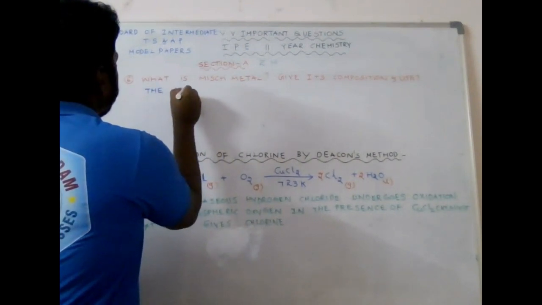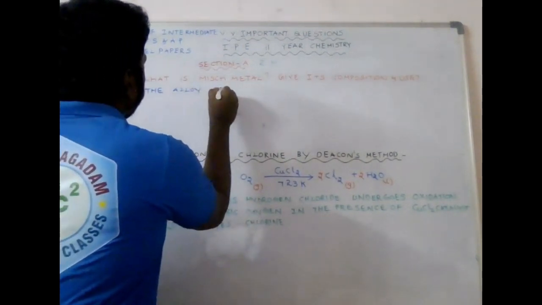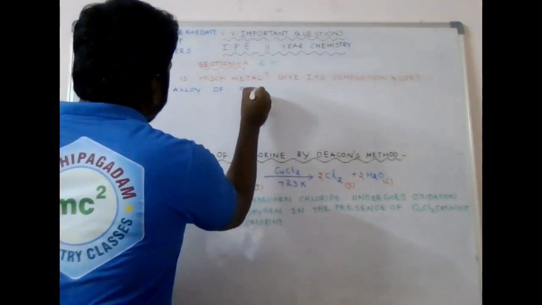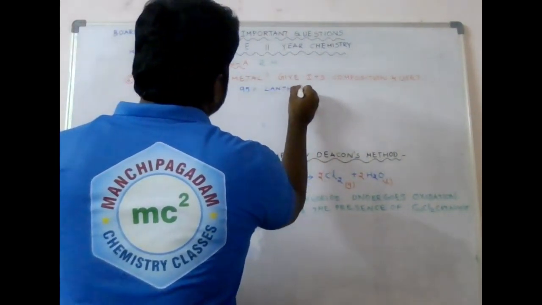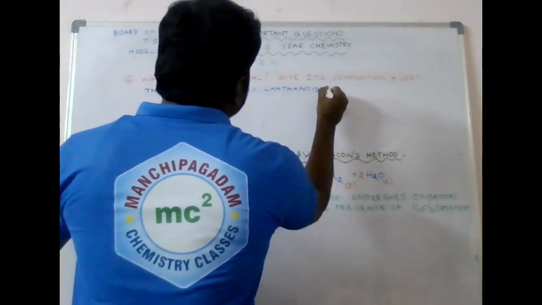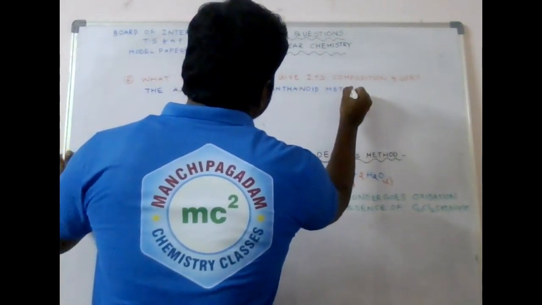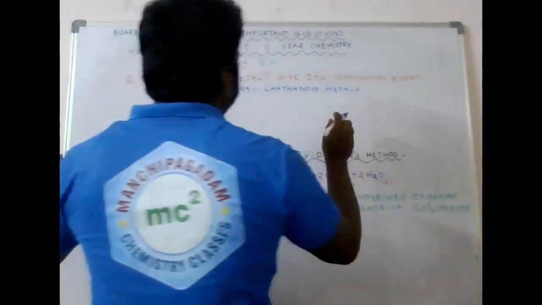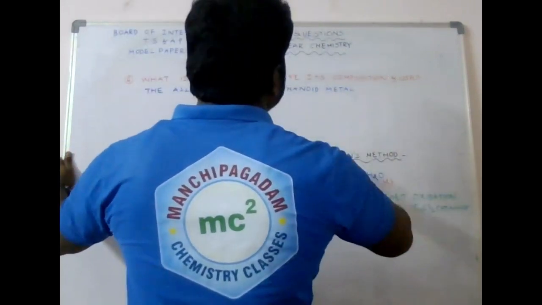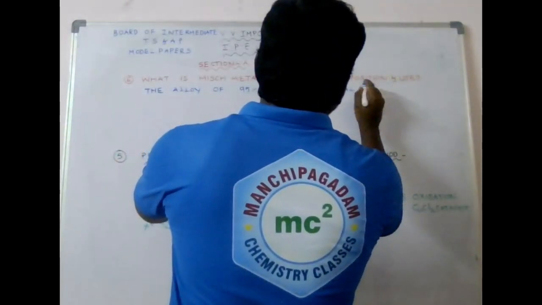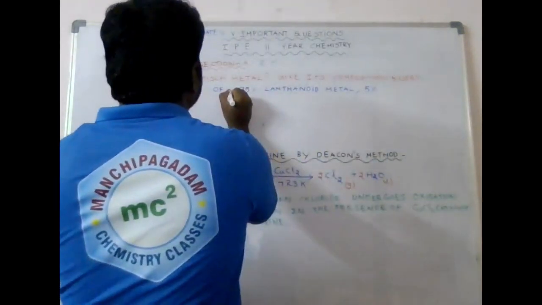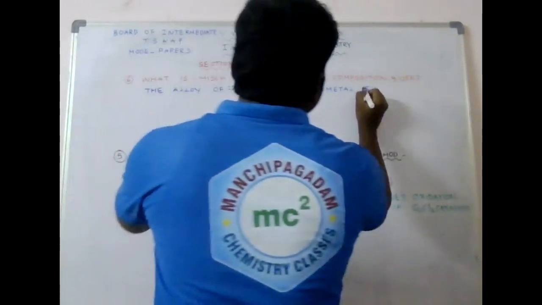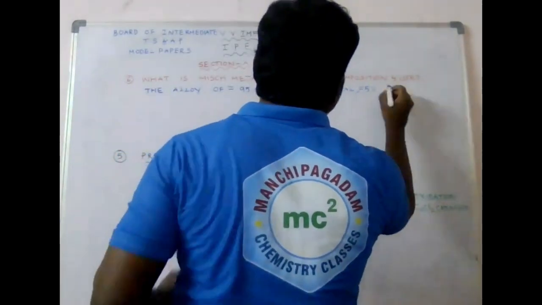The alloy of composition I am writing 95% lanthanoid metals, 95% lanthanoid metal, comma, 5% nearly, right? Not exactly, nearly 95%, here nearly 5% iron,